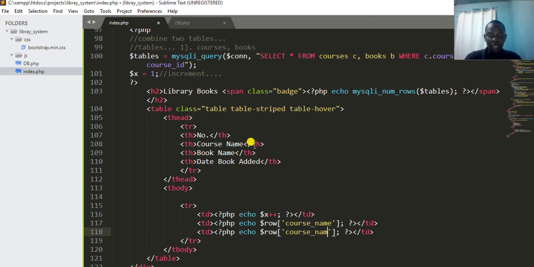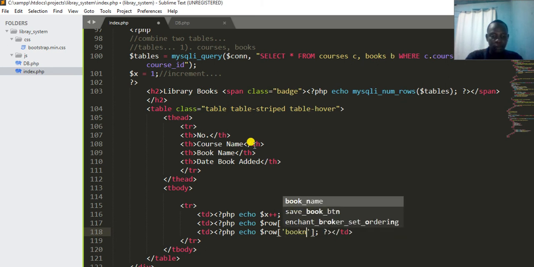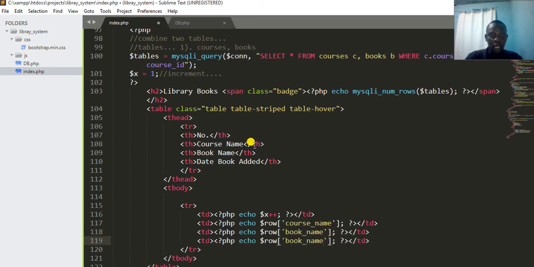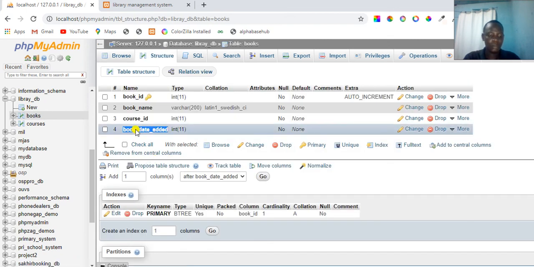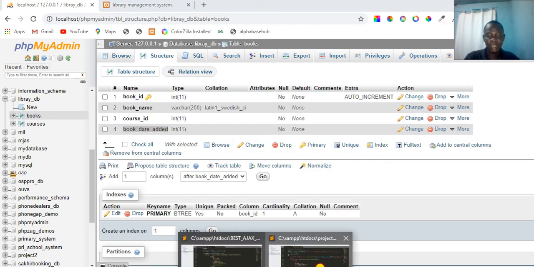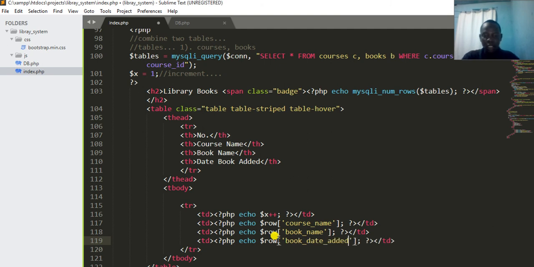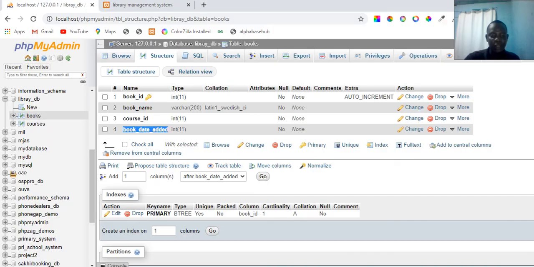And then the next thing should be something called a book. And then the next thing should be date course added. So date book added. This forces me to books. Book date added. Good. Now remember, if I save like that and I try to come back here in your